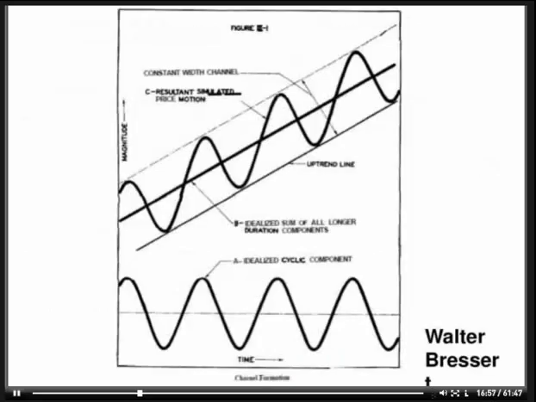This is a great little picture from Walter Bressert's book, Power Cycles Oscillations. It's a good visualization of what I was just trying to describe, where you have a data series on the top of this panel, and the market is moving in an upward wave, higher highs, higher lows. We can use a computer model to find the regression line or the median trend of this market movement, and then we can extract the individual pieces that we need to look at the cycles.